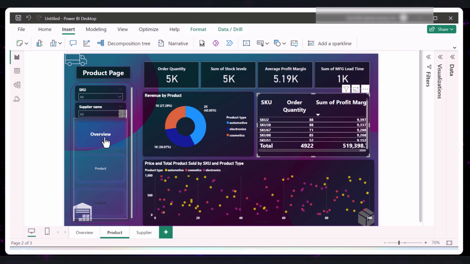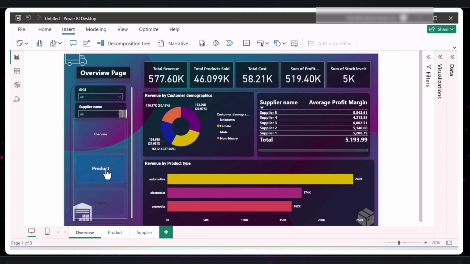You have the navigation buttons, making it easy for you to switch between the overview page, the products page,